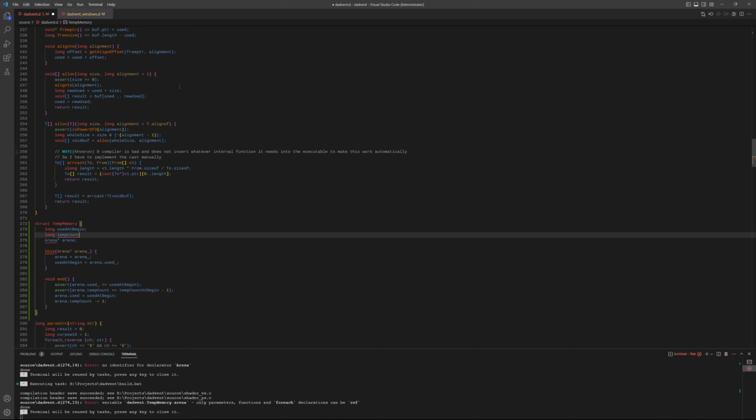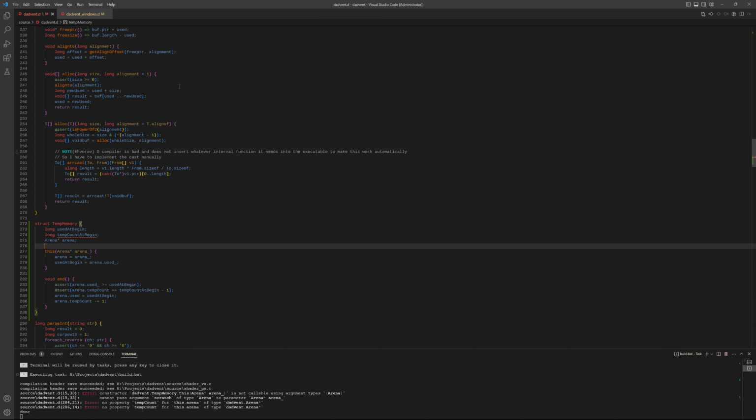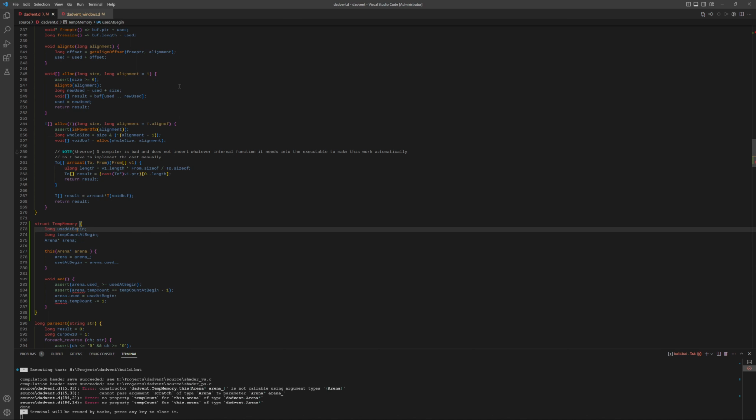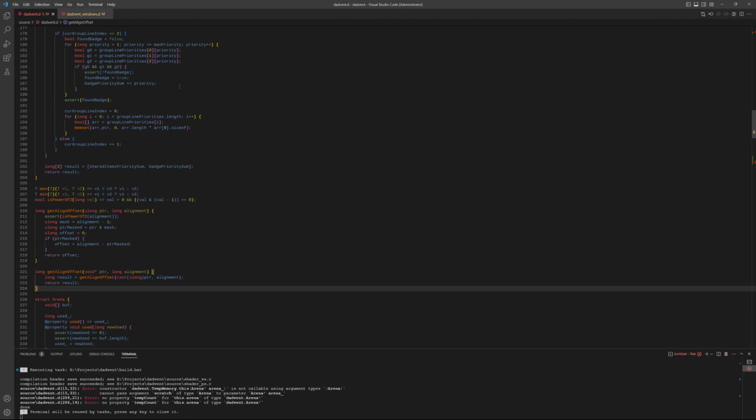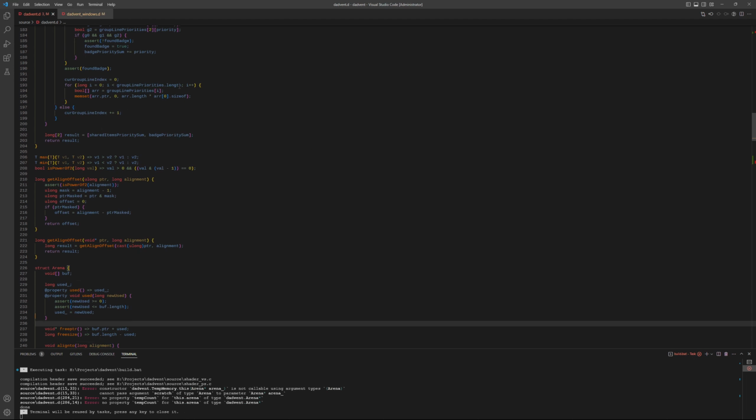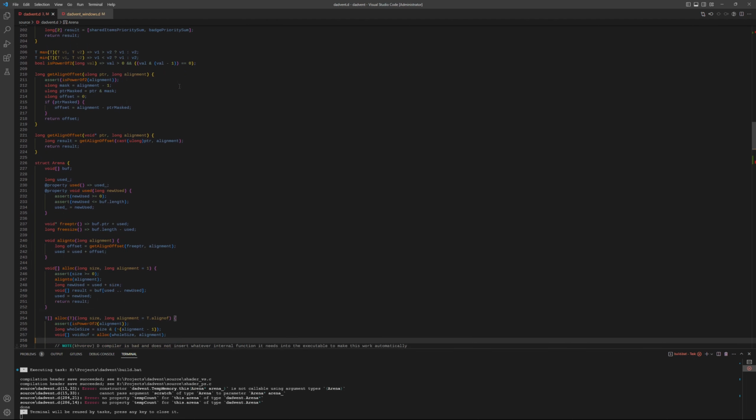Temp count at begin. Yeah, what's wrong with that? Nothing is wrong with that. Okay, so now arena needs to have another property, which is